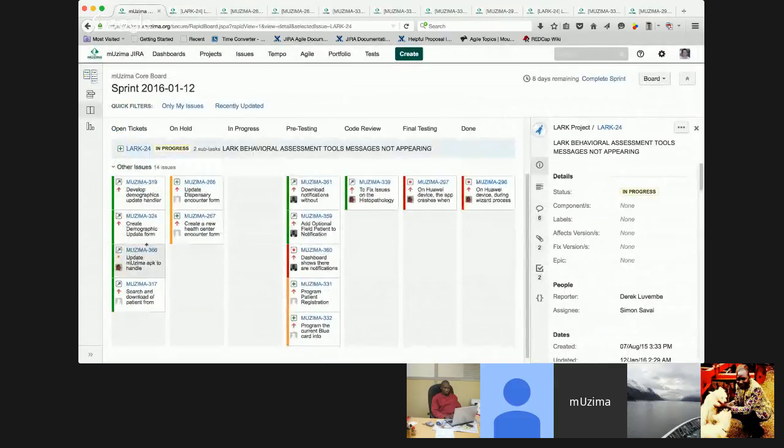The other tickets are more on the demographic update form. So Simon, do you get a chance to work on it, because I know that it's a holiday break? Yeah, I did some changes on the form.